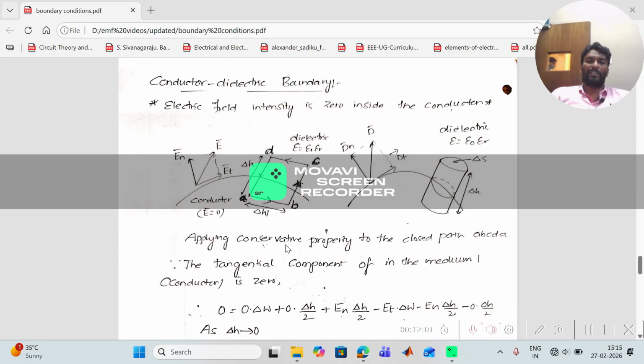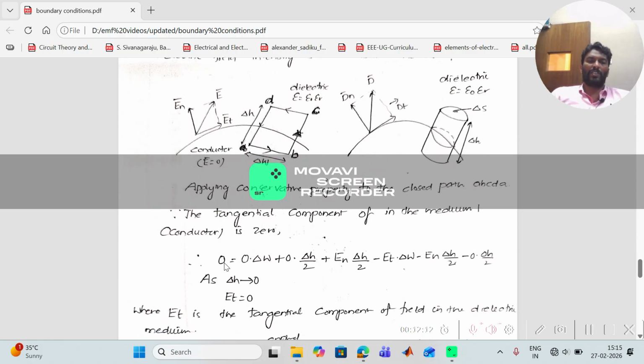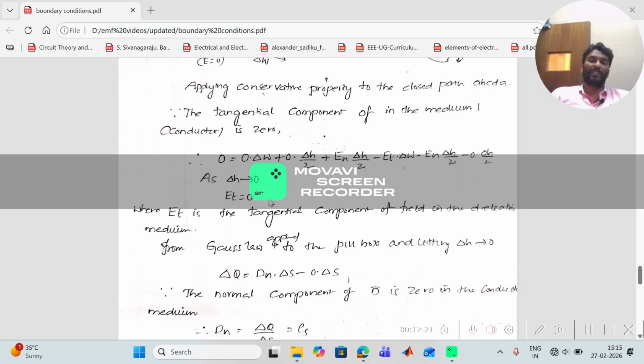So if we apply the conservative property to the closed path here, again for the same kind of loop A, B, C, D, A, since the tangential component in medium 1, that is the conductor, is 0, so we can say 0 is equal to the terms related to region 1, which are going to become 0. The only terms are going to be for the second region because it is a dielectric one. So the same expression, wherever we have the terms related to the first region, is going to become 0, and as letting delta h tend towards 0, Et becomes 0, where Et is nothing but the tangential component of field